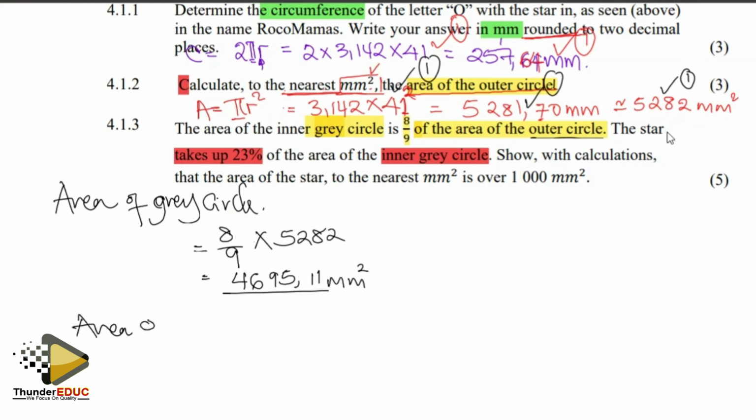Area of the star, which will be 23% of the area of the gray circle, which is the one on top here. So we shall look for the 23% of the previous answers. So times 23%. So you end up having